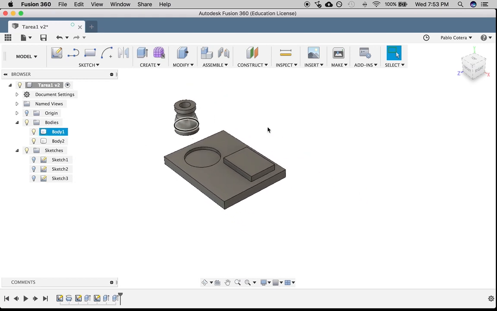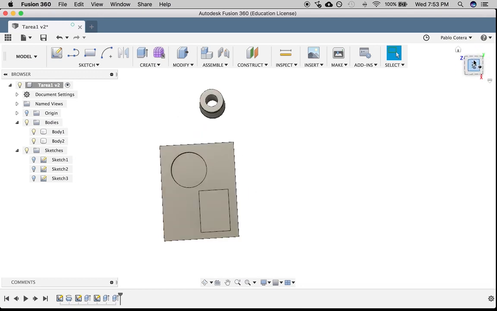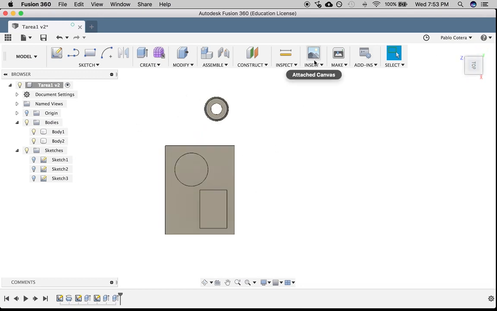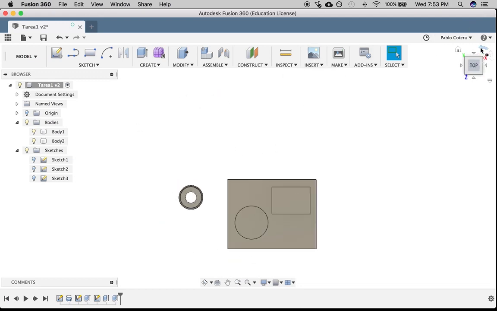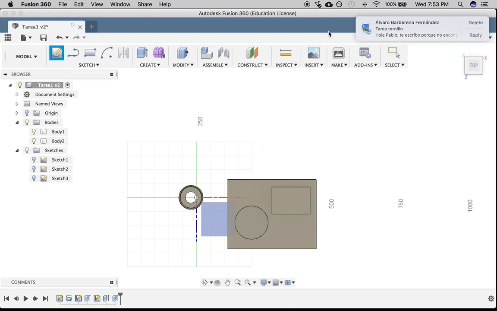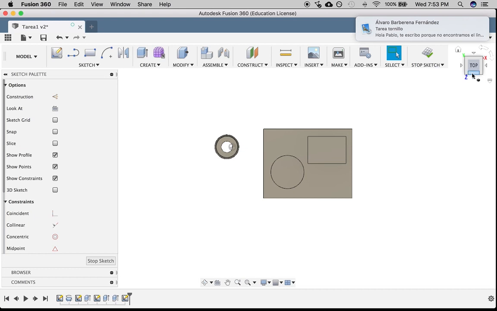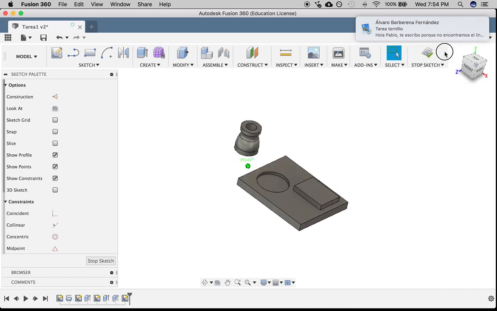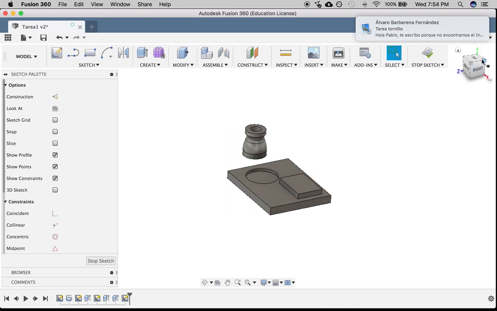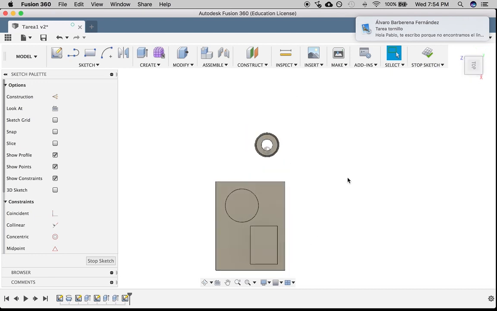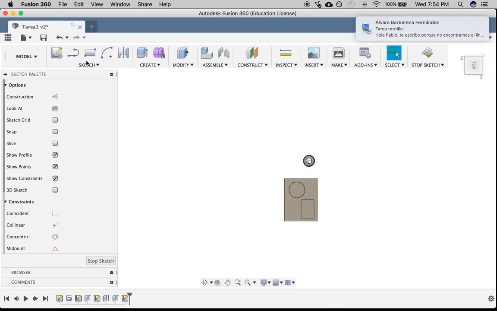Okay, so I can just click here on top, and all the views will change. I can rotate them. Let's say I want to work in this one. Okay, and I want to create a new sketch, so I just click here, and sorry about that, I click here, and then I will just create a new sketch. Okay, so top, and create, let's say in this case,